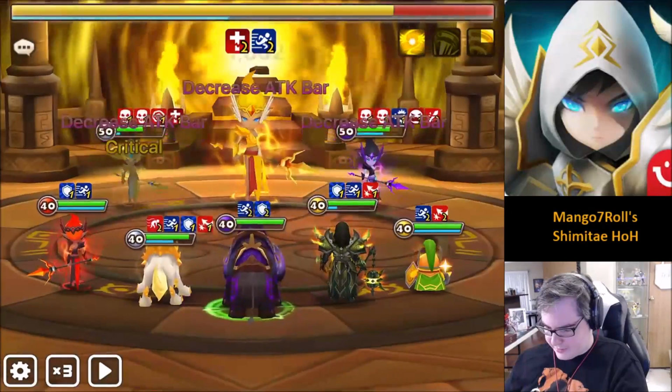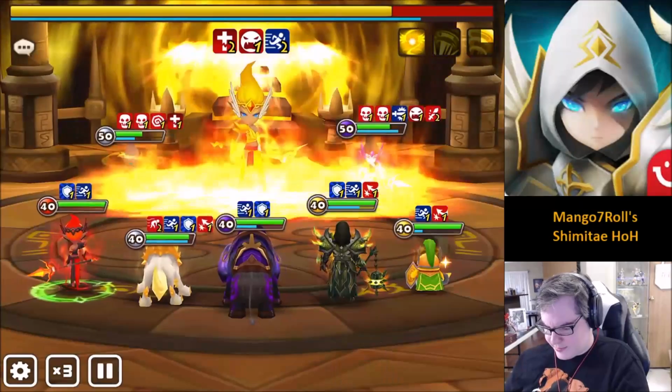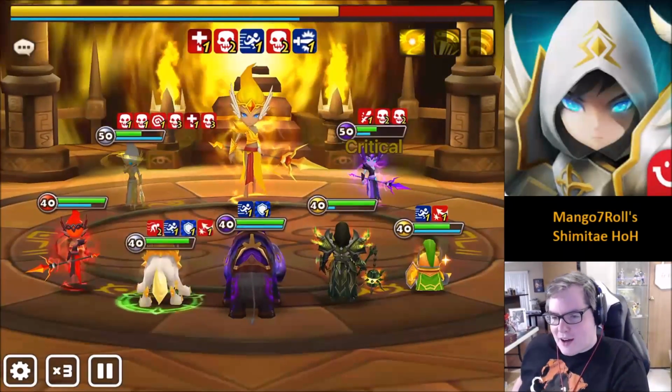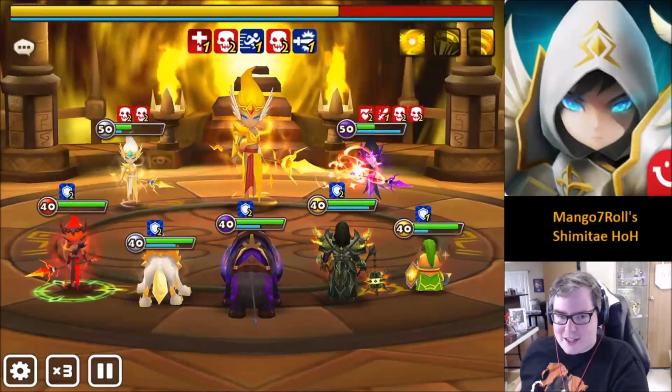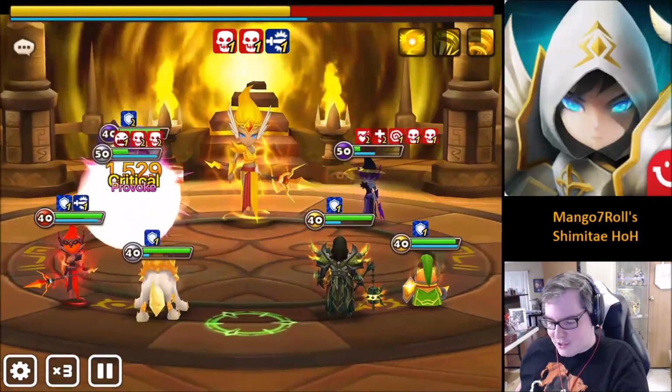So, do we have Phoenix up? All I want is a Phoenix. Yeah. So yeah, this was the B10 Hall of Heroes. Thank you for watching. I'm gonna auto it right here, but it's over now, so you can definitely use a